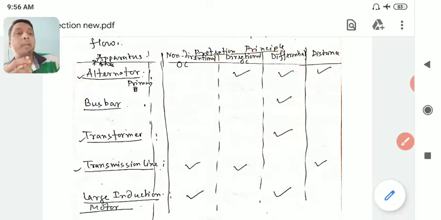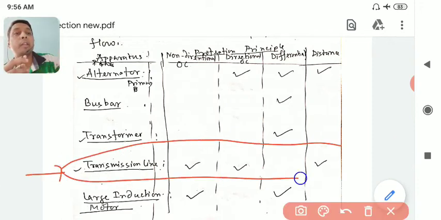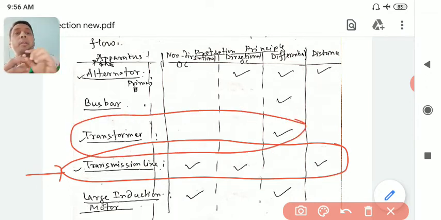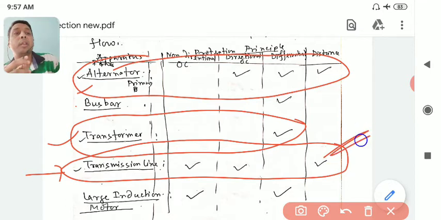So now, what is there in your syllabus? The transmission line is there, which we will study in depth, and the transformer is there. So these two are there, and a little bit of alternator is also there. But for alternator I don't think they have given it in depth. I will see. So these things are there in your syllabus. Before we start with the transmission line, we will see some characteristics of CT, PT, and then some constructions of the relay. Then we will move to this.